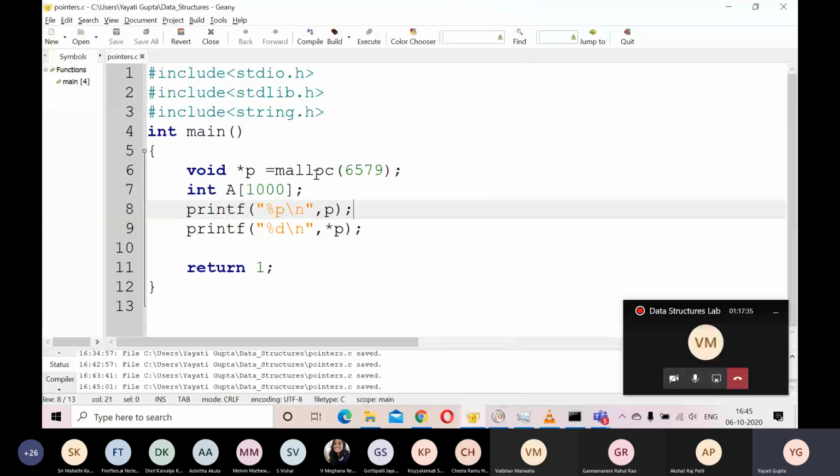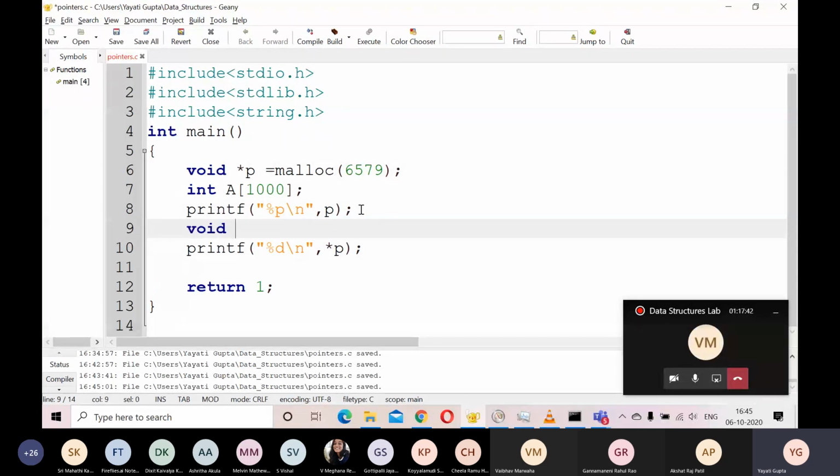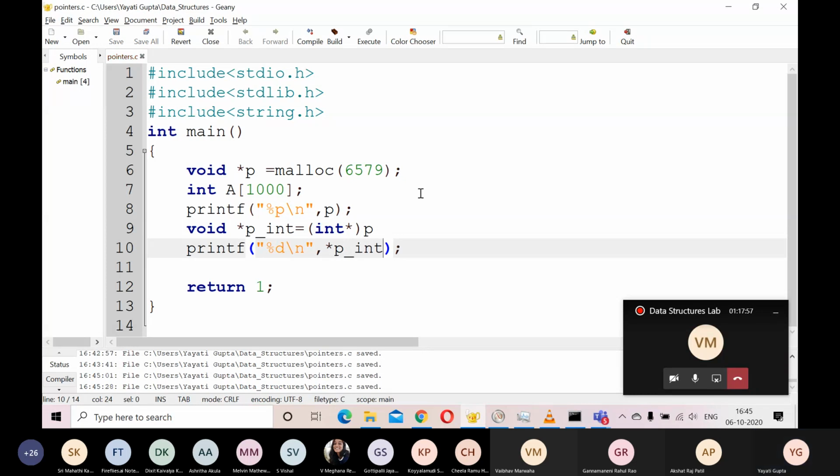The error is that my pointer is of type void, so I need to typecast this pointer. What I do is create a new pointer here, let's say p int. I typecast this void pointer into an int type of pointer, and then I try to see what is the value present at this p int.